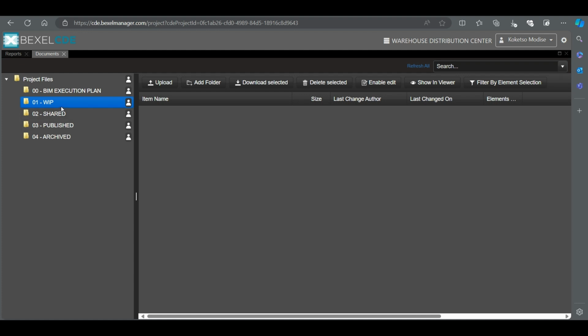So in this instance, we're only going to use two folders. We're going to use the BIM Execution Plan folder and the Work in Progress folder, and these ones we're going to leave for this moment. So under the Work in Progress, we're going to select our Work in Progress, and then we're going to add folders under this certain folder. We're going to add subfolders to this. So we're going to say add folder, and then this one we're going to name it